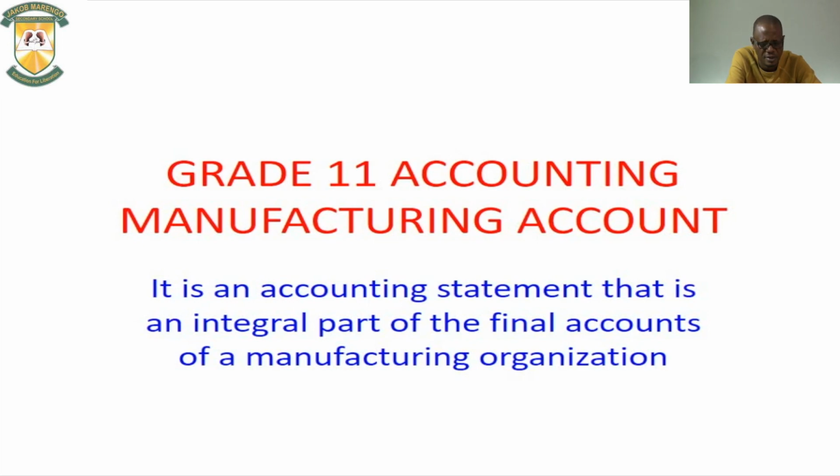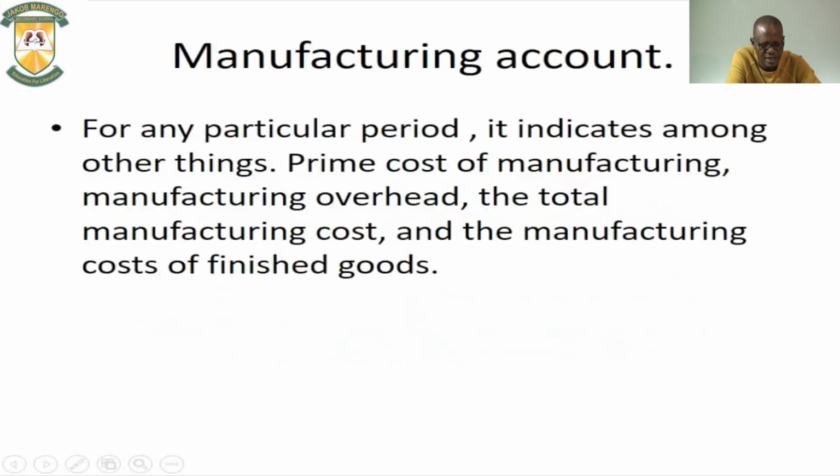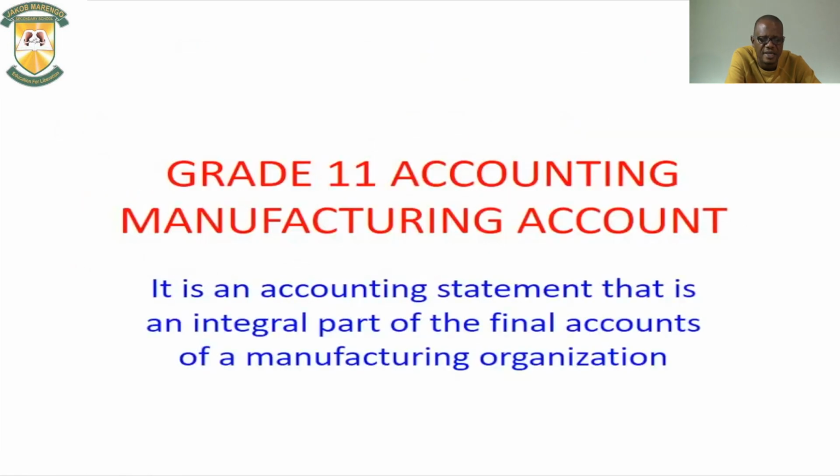Don't forget that whatever we are doing in manufacturing account is just to determine the cost of our finished goods. Let us use the bakery as an example. For them to be selling bread at any amount, it has to pass through this process so that they can determine the cost invested to produce a bread, that is a unit, that will give them the manufacturing cost of finished goods. And what are the overheads that we are going to talk about in the bakery? The electricity they use when they are mixing the flour or the ingredients for the bread will be different from the electricity they are using when they are loading it in a vehicle to go and deliver. So that is what we are talking about.